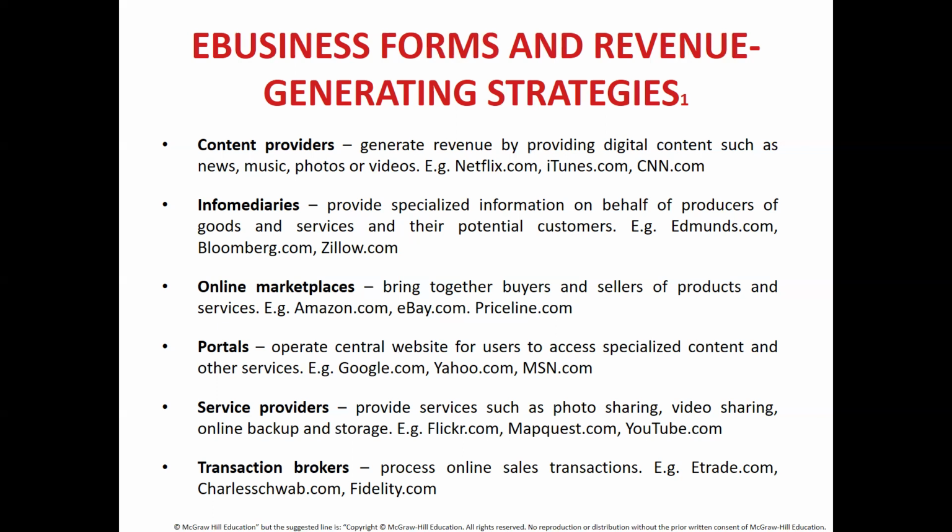So what do I do then? The best way is using a transaction broker. So what I can do is I can use PayPal. I connect my credit card to this third-party organization, which is a transaction broker, PayPal, and then I process my transaction. What PayPal will do is they will hold off the money until the product comes to me. Let's say the product comes to me, I'm satisfied with the product, I inform PayPal, and PayPal will release that particular transaction amount. If the product does not come to me within the specified time, and I inform PayPal, they will release the transaction amount back to me.